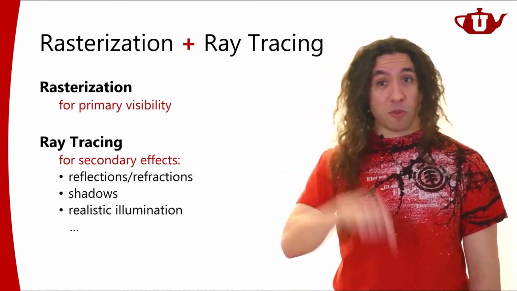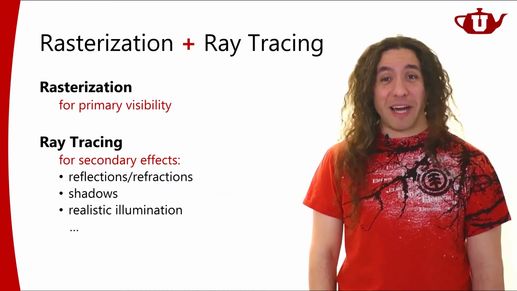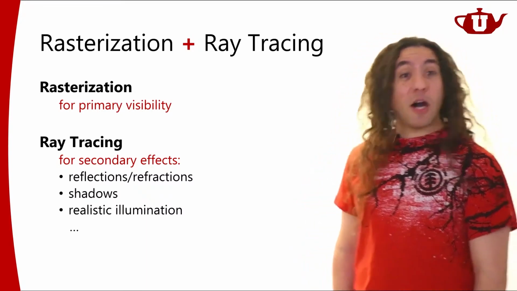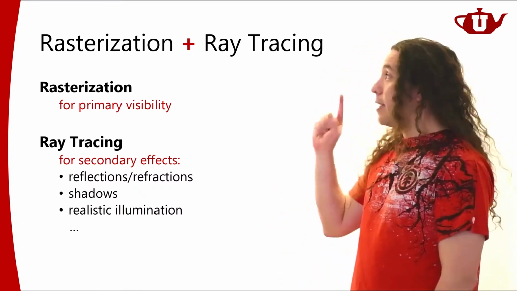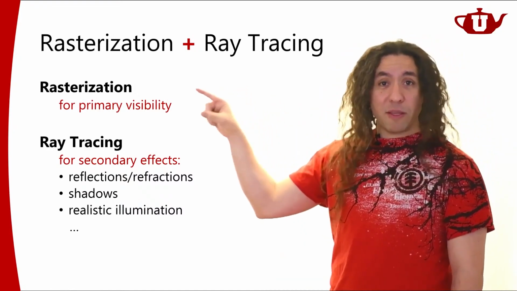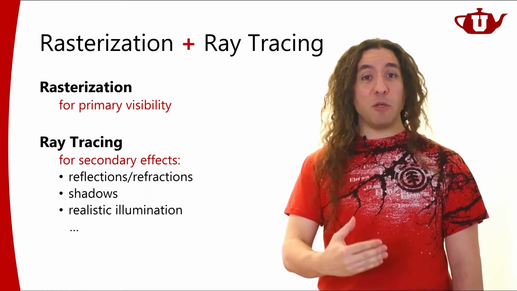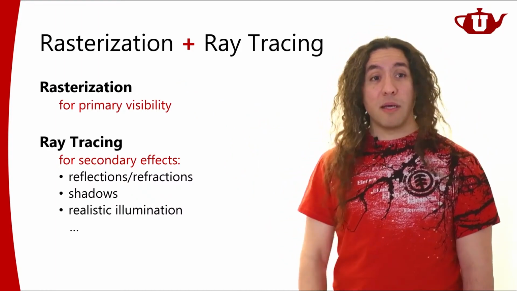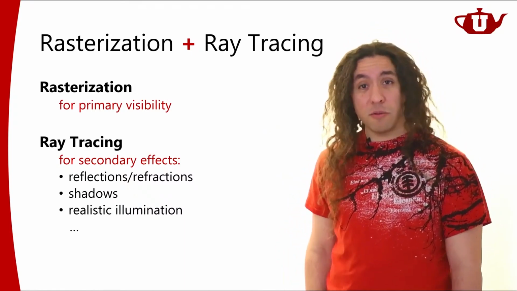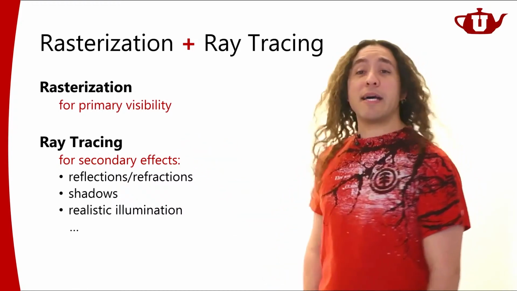But this course is an interactive computer graphics course. That means we're going to mostly concentrate on how to do interactive rendering. So in the context of interactive rendering, this is still a very good idea. All right. We definitely want to handle primary visibility using rasterization because that's what our GPUs are designed to do. That's what the GPU rendering pipeline is designed to do. And we can do ray tracing if our GPU has ray tracing support.